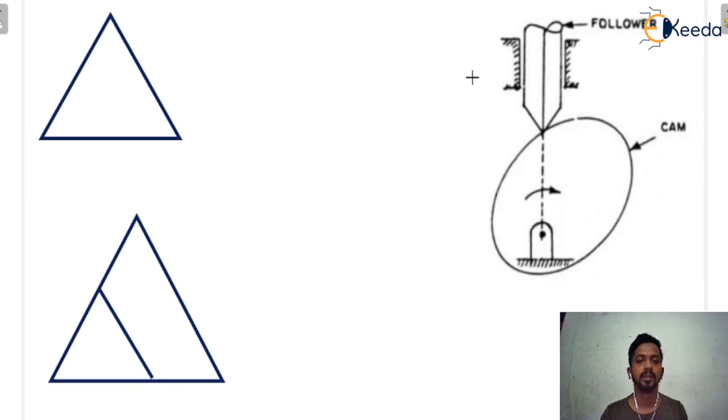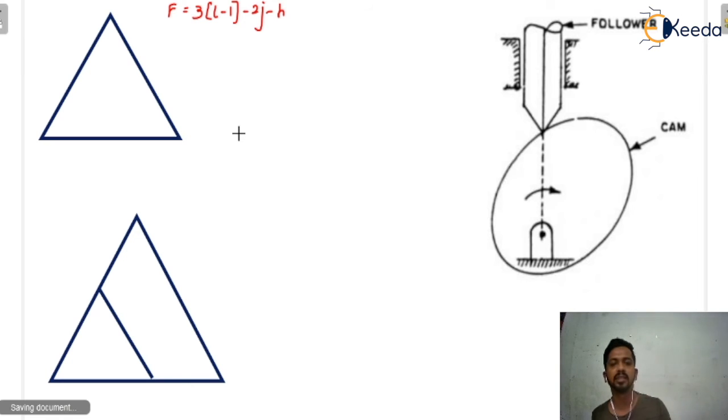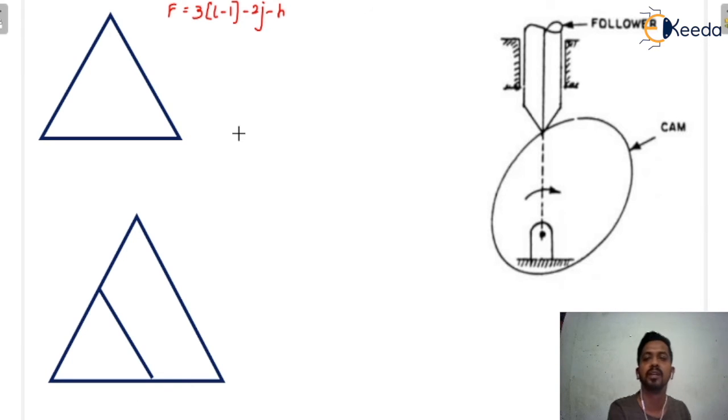Now we will do some questions, that is examples based on the degree of freedom. Before solving the questions based on the degree of freedom, first you need to write the formula, so it would be easy to understand the number of parameters which we have to find out. That is 3(L minus 1) minus 2j minus h. If there are redundant parts, then you can write it in terms of the redundant parameter. Otherwise there is no use of it, because there is no redundant part.